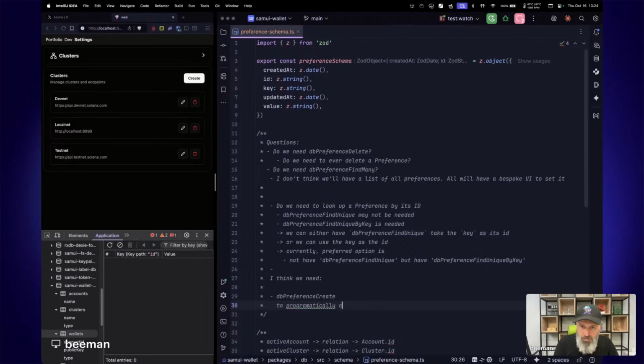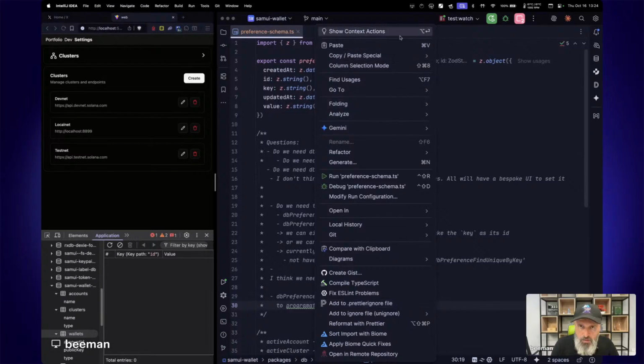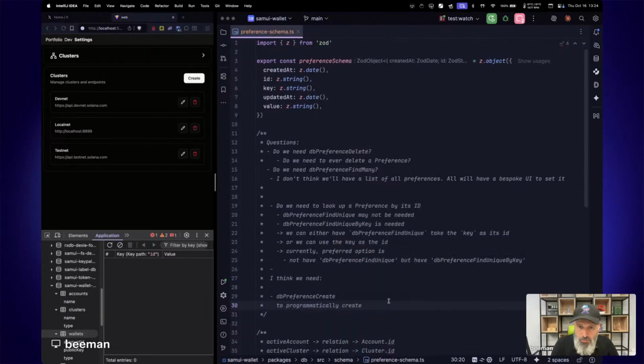Programmatically create a preference, for example, during